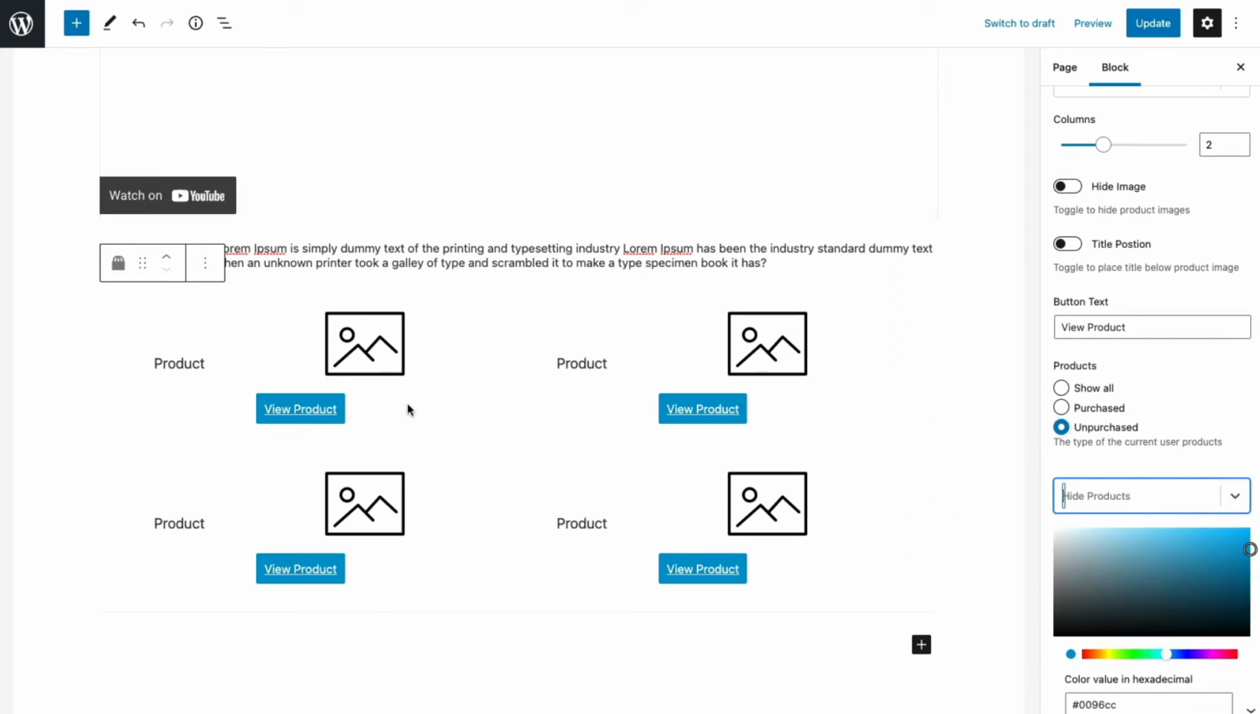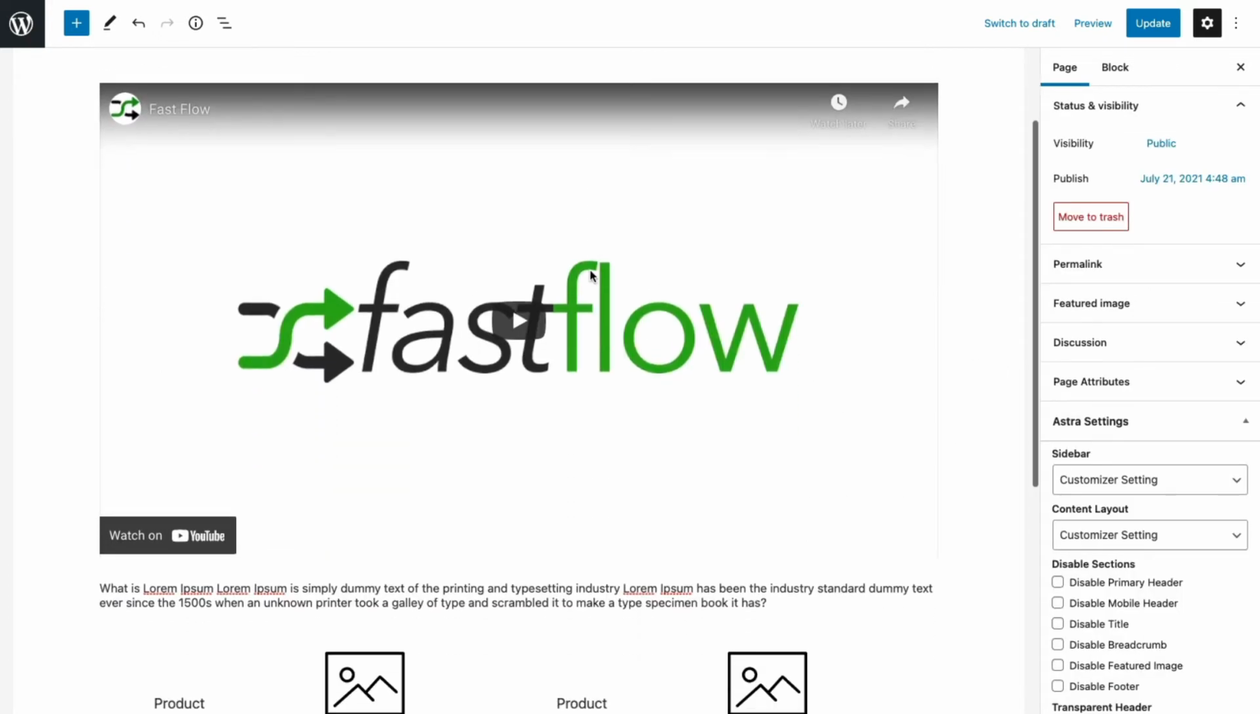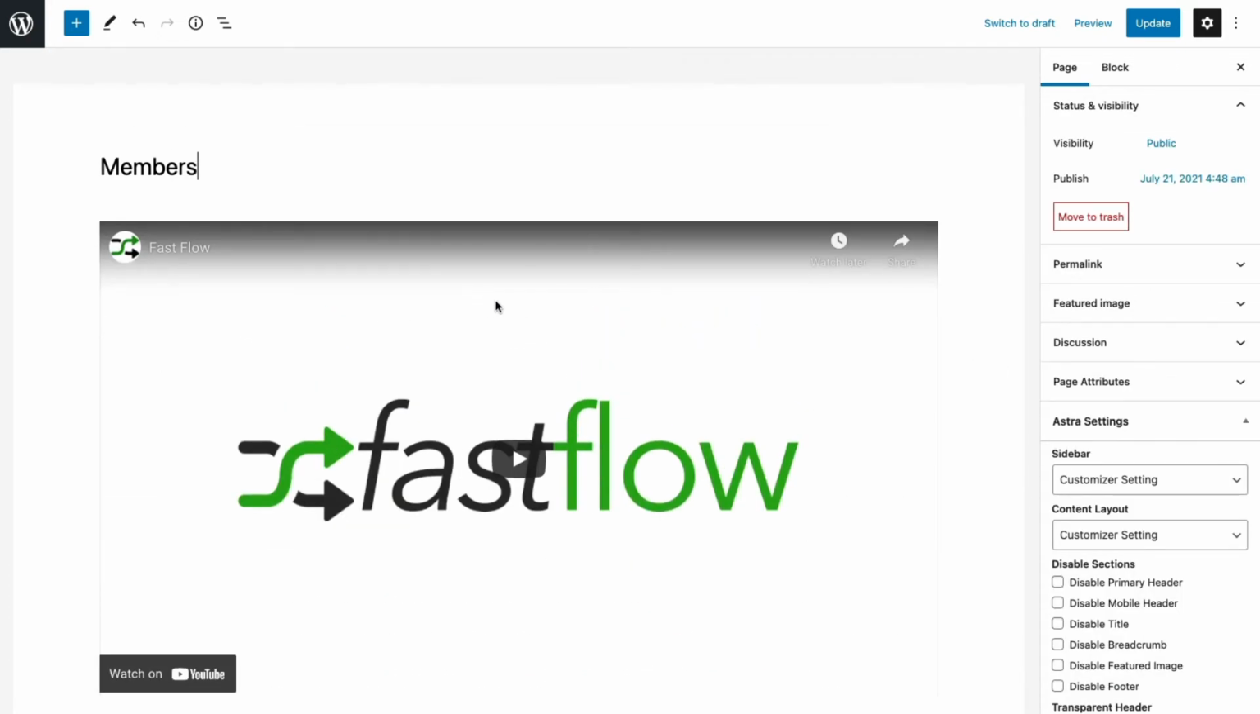So we've got a fully customizable products grid that is actually dynamic as well, so it will update when they buy products or hide them when they buy products based on various conditions. Now this page has been made with the WordPress block editor, and